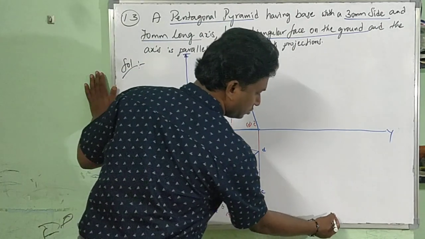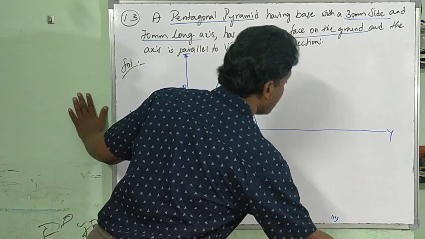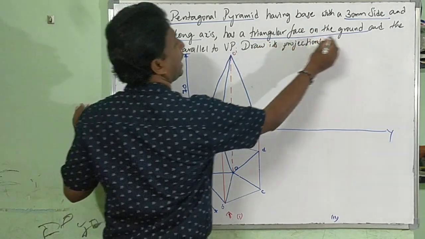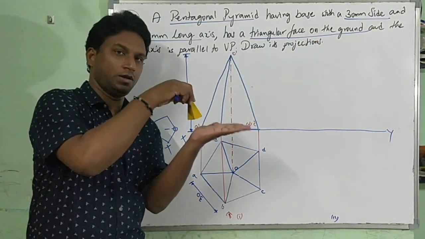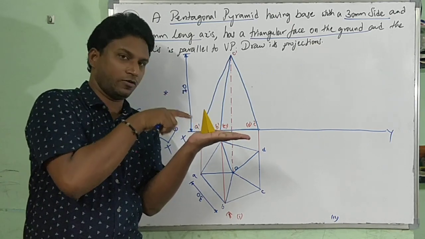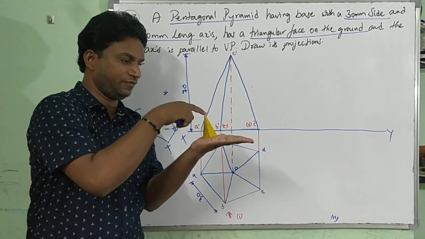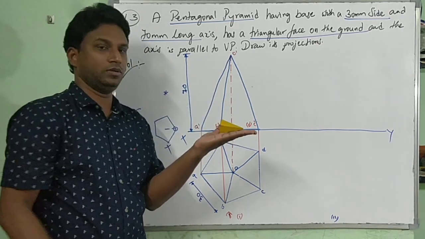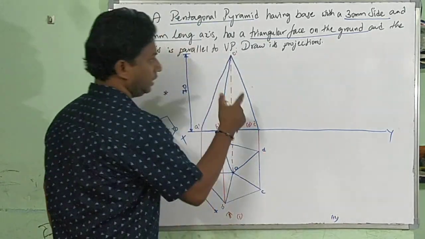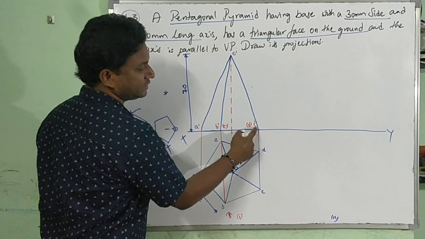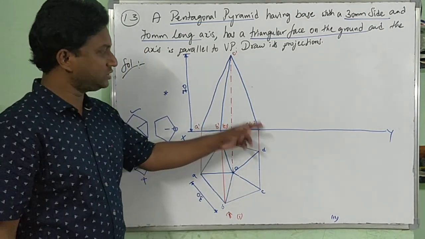Next we are proceeding to stage 2. What is stage 2? Stage 2 has a triangular face on the ground, on HP. Here we have drawn with this front view and top view. Totally I am rotating so that the triangle is on the ground. What triangle should be on the ground? With respect to the front view, O dash, C dash, D dash. OCD, it's a triangle.